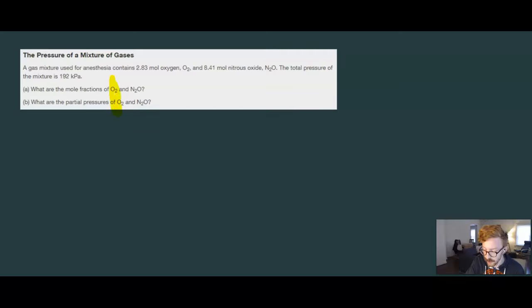I'm going to do the calculations for oxygen, so A and B, but just for oxygen, and then you do nitrous oxide following that logic. So for O2,